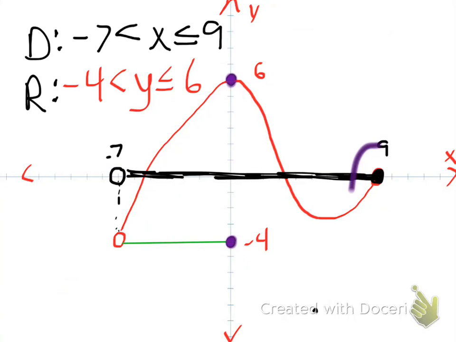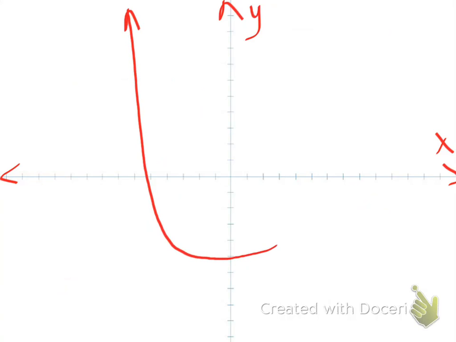Oh, let's do one more. I promise you this is the last one. Let's do one that looks like this. And I'll graph it really fast, just so you know. All right. What if we have one that looks like this? The domain